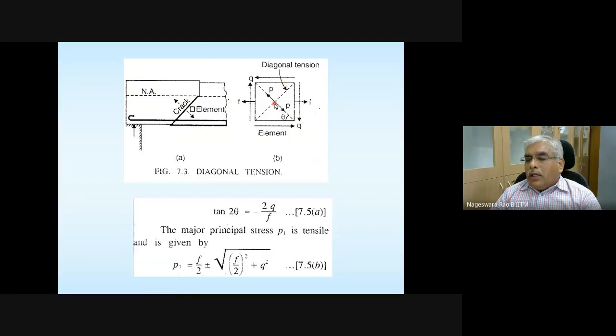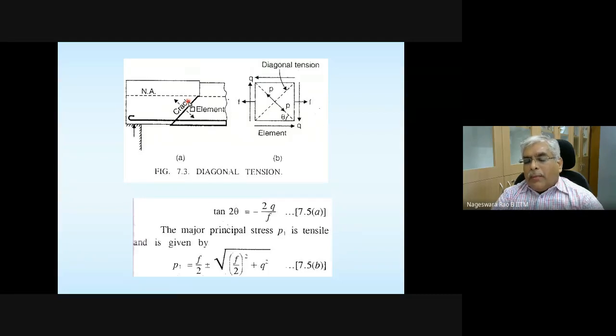With this kind of information, you should be able to calculate at various locations along the length of the beam or along the cross section what the principal stresses are and how the crack orientation is going to be at various locations. And if you connect all those points, then you get an idea about the trajectory of the cracks, for the different cracks.